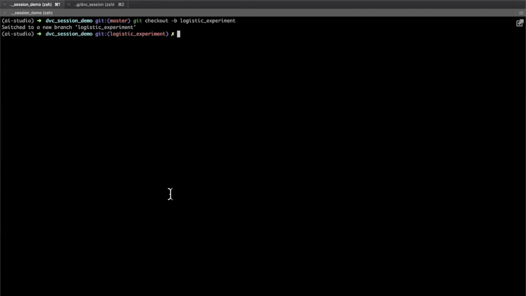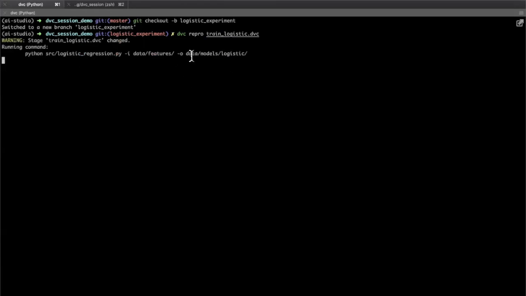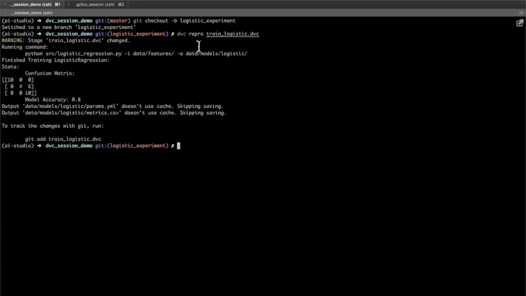Okay. Now in this branch, I'll run the stage again. To run the stage, you can use this reproduce command and pass the stage file that you want to run. So it will run the command defined by that stage and reproduce the results.